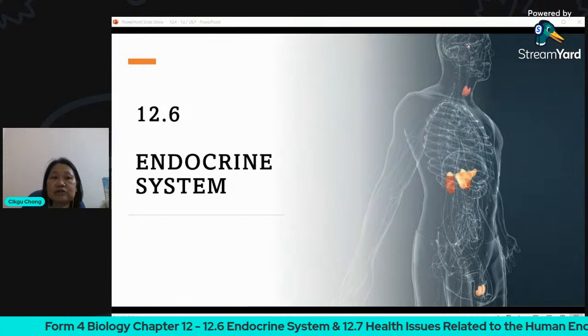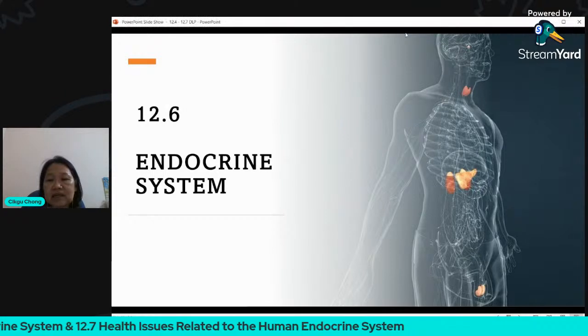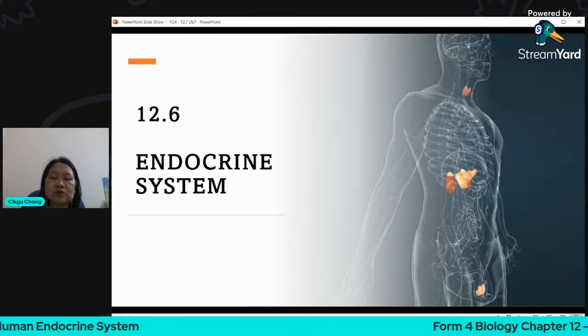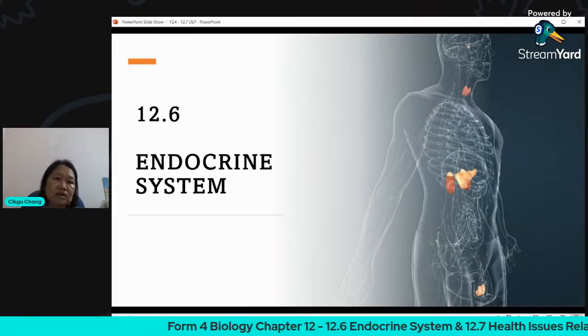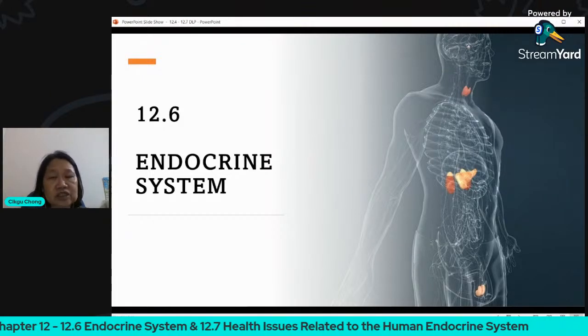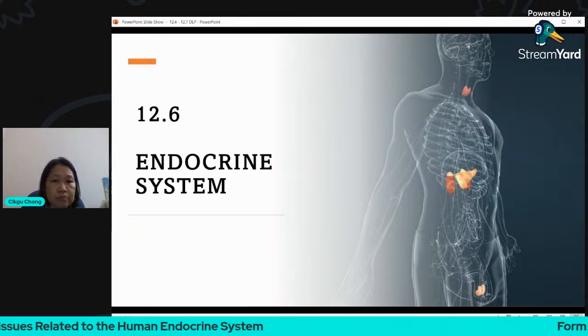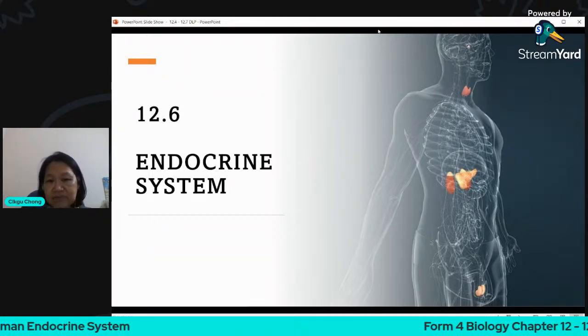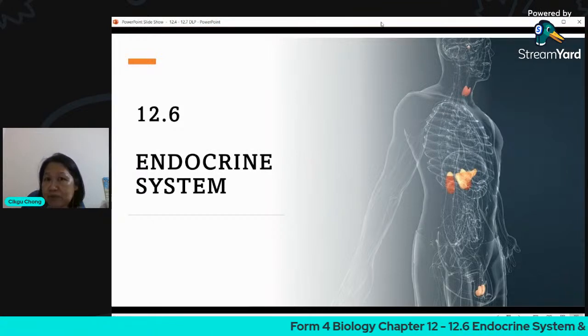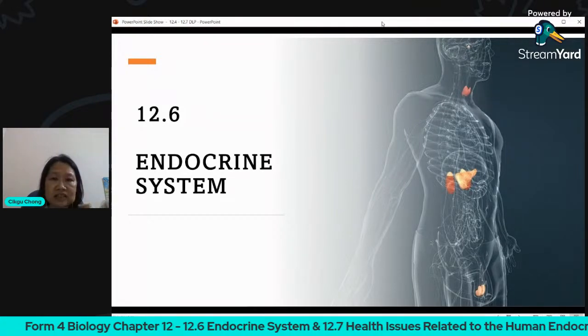All right, so today we're going to do the endocrine system, which is a little bit more complicated because there are many names of hormones that you need to remember, and you also need to know their functions. Why do you need to learn this? Because in biology, you have to learn a lot about our body systems and how they function. The endocrine system, which produces hormones, is a very important component of our coordination system. We are coming to the end of chapter 12, which is coordination of the body.